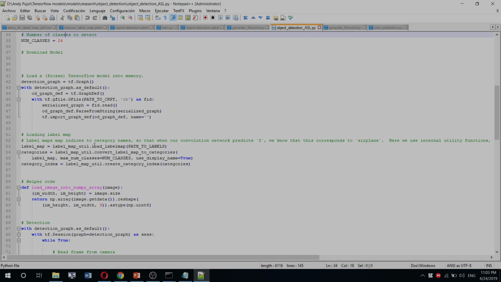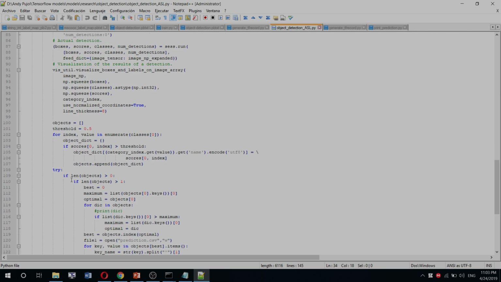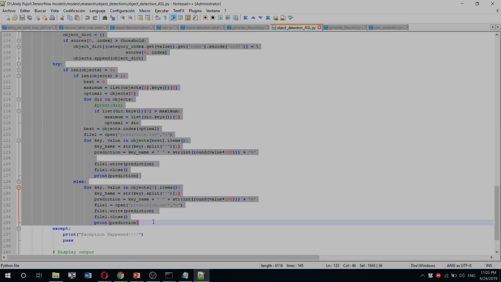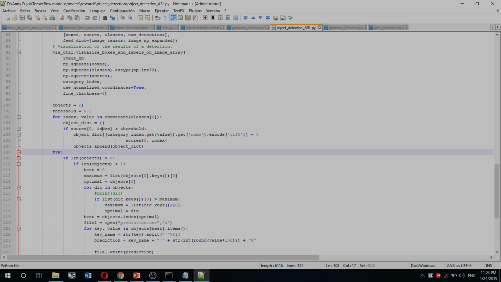This you don't have to touch. You don't have to touch anything in here. This is all done by TensorFlow. And in here, this is basically just running through every single object that is generated by TensorFlow. And it is putting them all into a list if the accuracy is more than 50%. So for example, if the accuracy is 51%, it adds it to a list, and